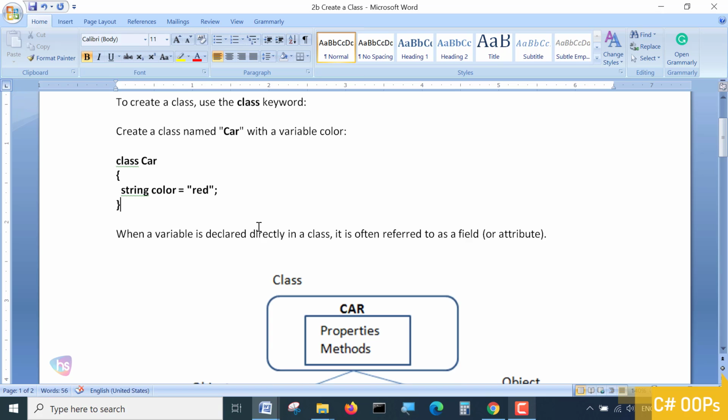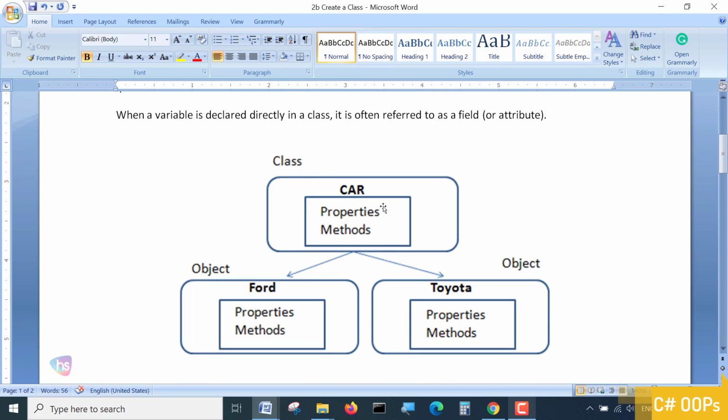Here I have given a simple example: a class called Car, which has properties and methods. A method is nothing but a function. You will learn more and get very clear information regarding the difference between methods and functions, and hopefully we will continue with what a class is and what an object is. When we get to know classes and objects, functions and methods will be clear.